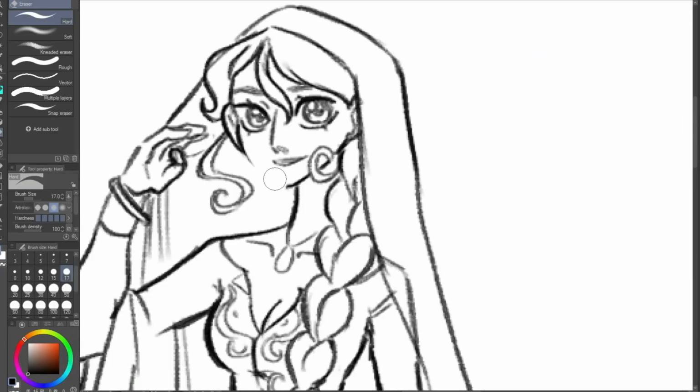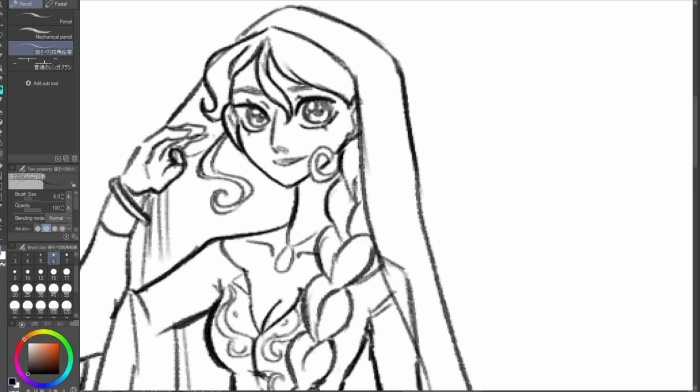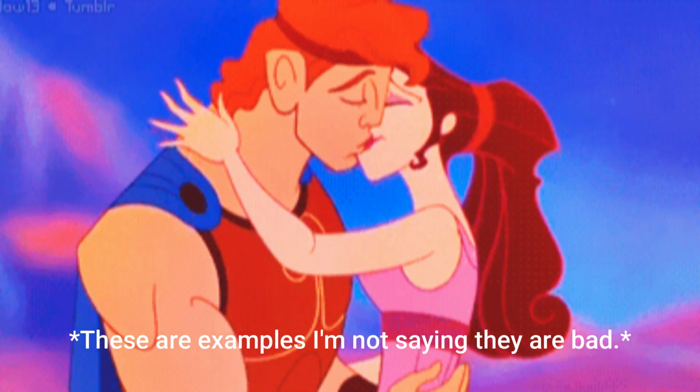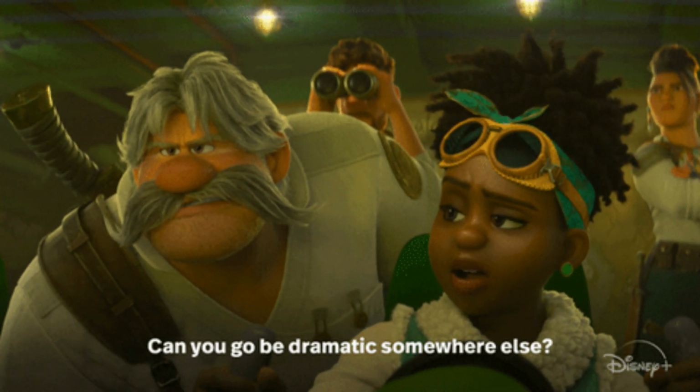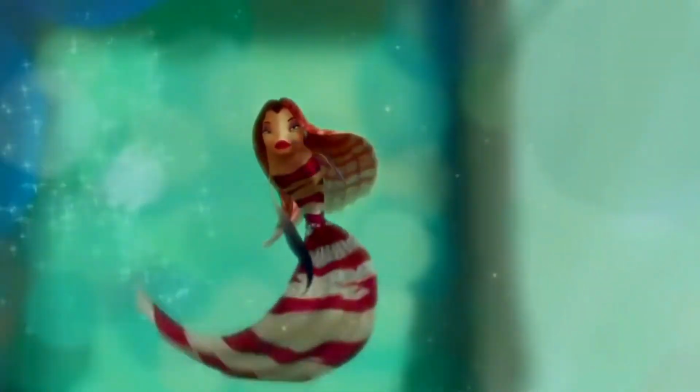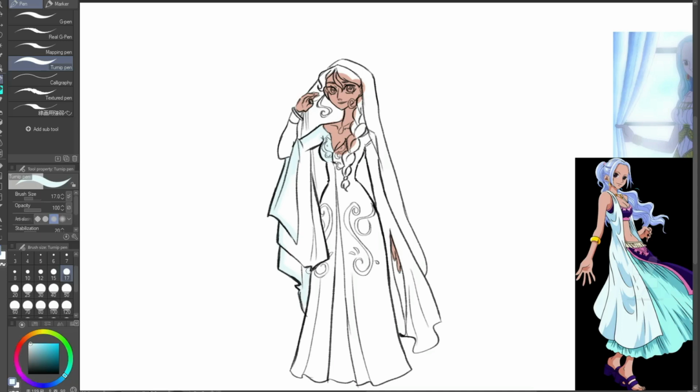Animation is a medium that's rich with exaggeration. There are so many examples I could pull up showcasing sex dimorphism. Hercules' neck is nearly double the size of Megara's waist. Women will have planets for eyes while the men get beads. Animals who don't even display human characteristics will suddenly have them if it allows them to be perceived more like whatever gender they are. This video is going to center around character design and storytelling.